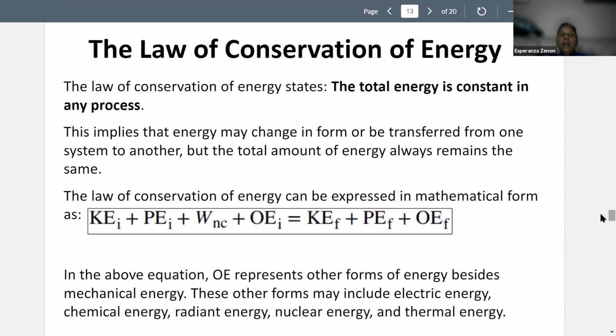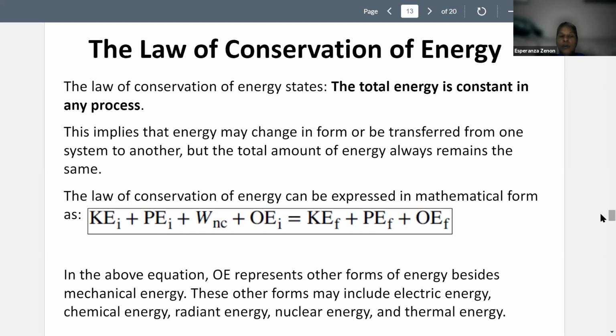We can then expand the law of conservation of energy to look at energy besides just mechanical energy. Mechanical energy is conserved when you're dealing with a conservative force like gravity. But if you want to look broadly at energy conservation, the law of conservation of energy says that the total energy is constant in any process. So what you have to do is take all of your different types of energy that you start off with and add them up, and then look at all the different types of energy that you end with. When you add them together,